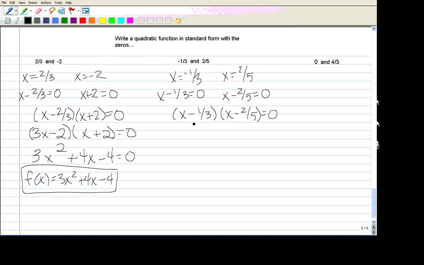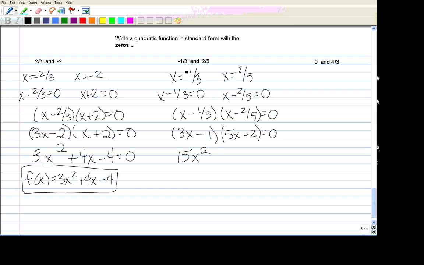And then to get rid of the fraction in this first one, I have to multiply both parts by 3. So I'll get 3x minus 1. Sorry about the bell. And then for the second one, I'm going to multiply both parts by 5. So I'll get 5x minus 2 equals 0. And then FOIL. And you will get 3x times 5x is 15x squared. Then we'll get negative 6x minus,